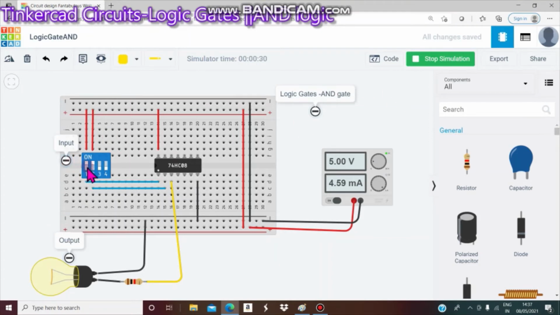Now one is off and the other one is on, it will not work. One is on and the other one is off, it will not work. Only when both of them are on, it will work. The light bulb will be bright. That is how it works, and the power supply tells how much voltage it is giving,